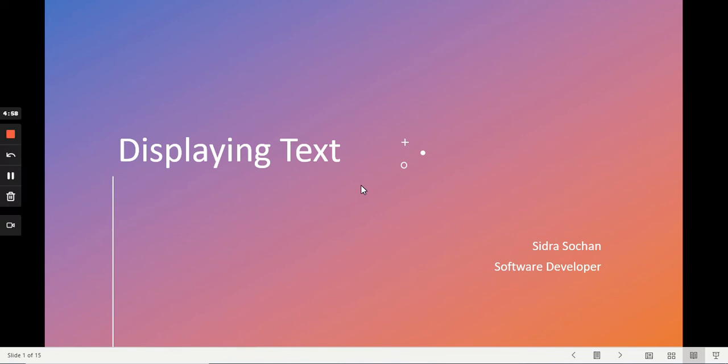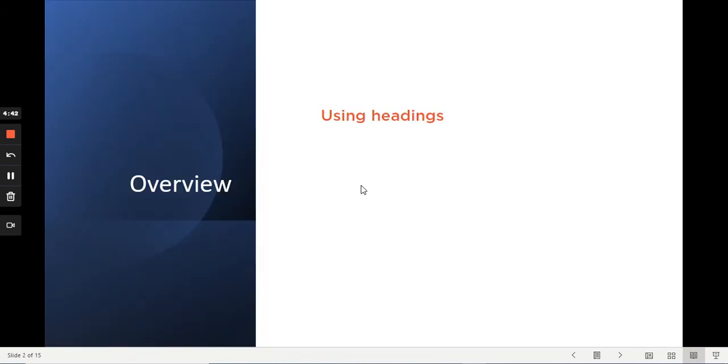Hello and welcome to this module on displaying text in your HTML documents. We are going to pick up where we left off and start creating some content for our HTML documents that we can render in the browsers. Especially, we will look at using headings in order to mark different content and sections of content within our page